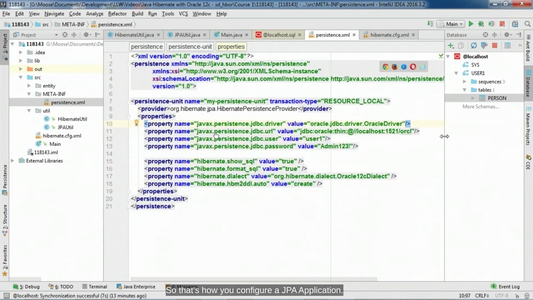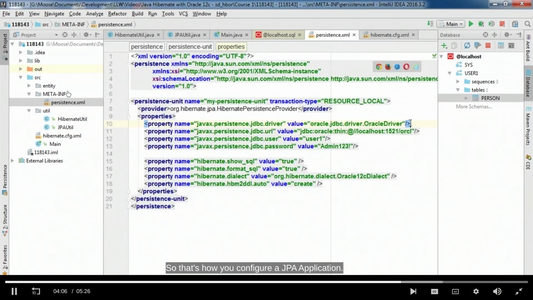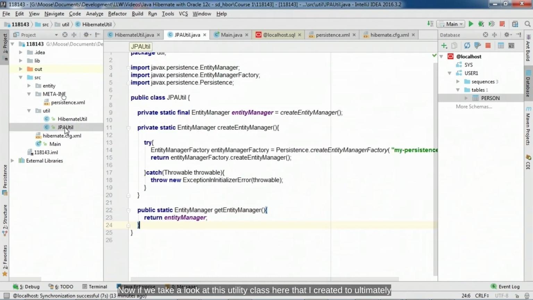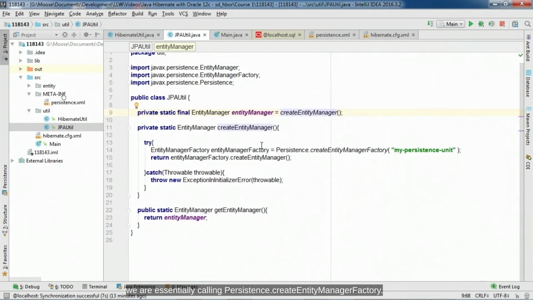So that's how you configure a JPA application. Now, let's take a look at this utility class that I created to initialize the application. What happens here is we have a JPAUtil, with a private static final EntityManager here. This is the entity manager that I was talking about. And in here, as I mentioned, we are calling